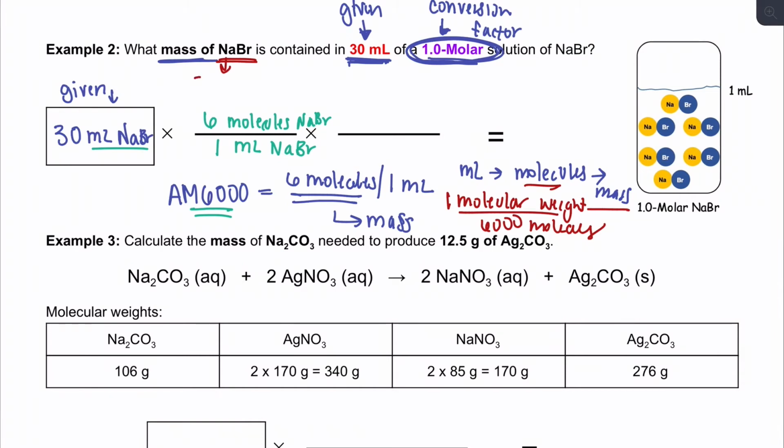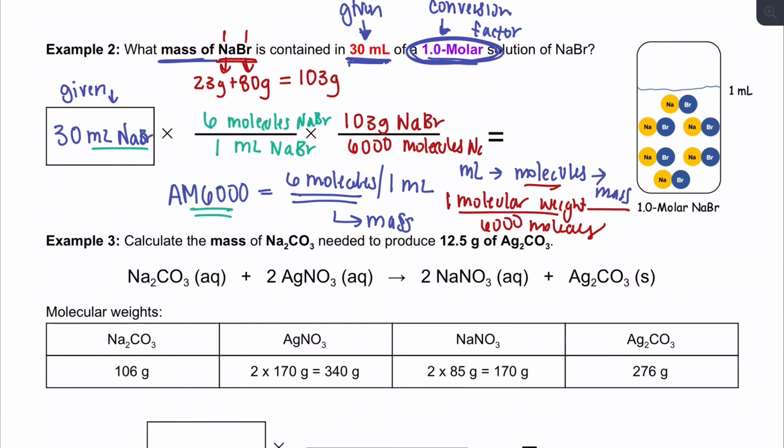Sodium has a mass of 23 grams, and bromine has a mass of 80 grams. And we add those together because it's 1 sodium and 1 bromine for a total mass of 103 grams. So based on our AM6000 concept, there are 103 grams of sodium bromide per 6,000 molecules